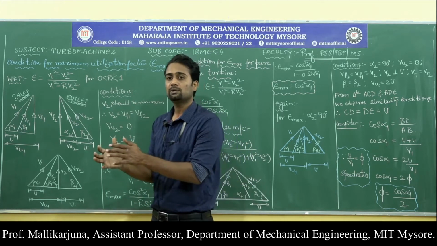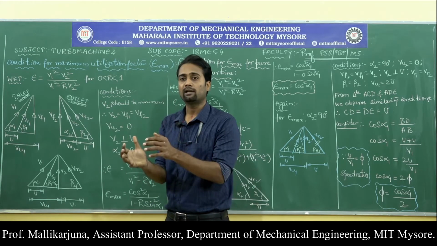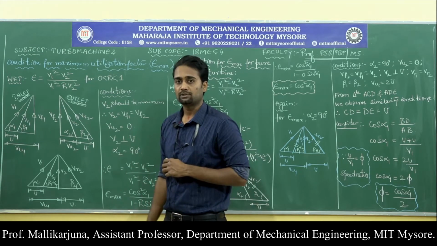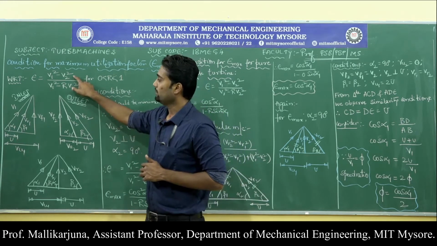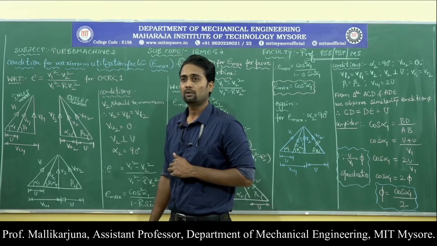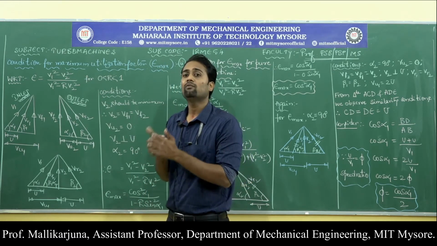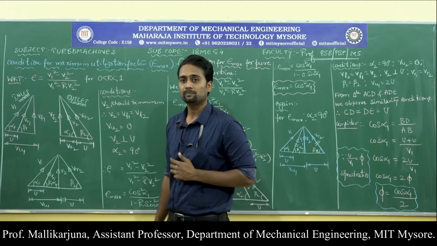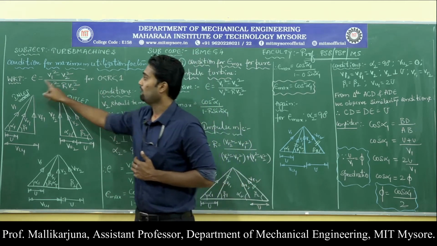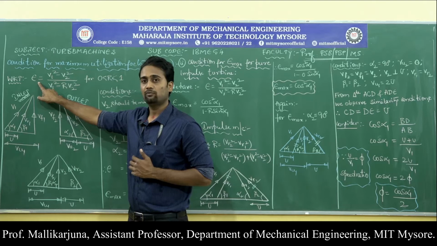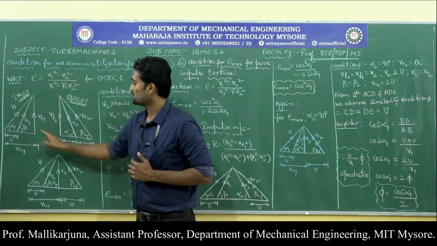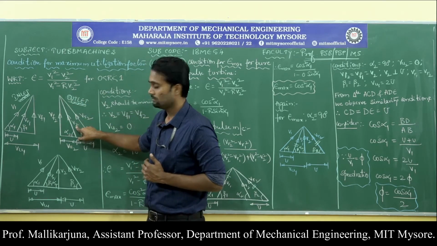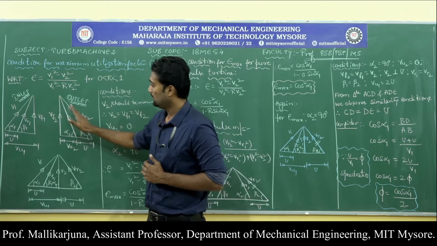If it becomes 0, the fluid gets accumulated at the outlet portion. So because of that, V2 cannot be equal to 0. Then what is the minimum value of V2 that can be reached, so that I can have epsilon max value? If you look onto the sketch, here is the V2 in the outlet velocity diagram.